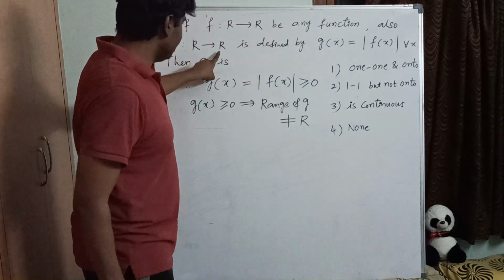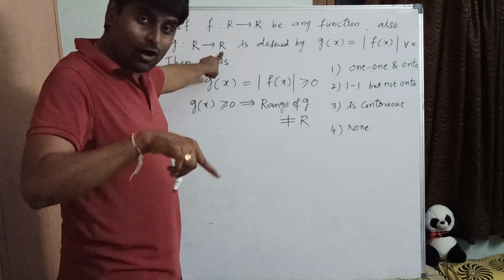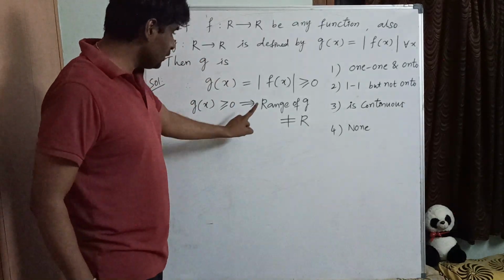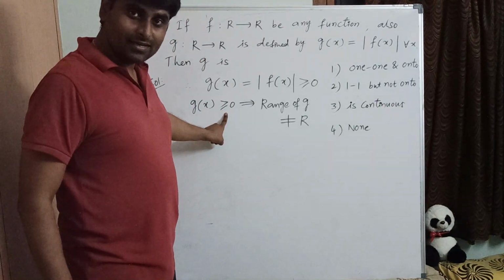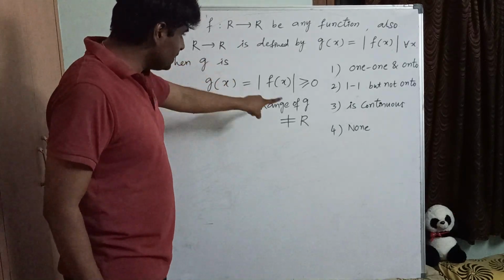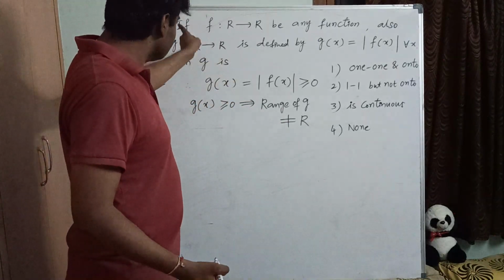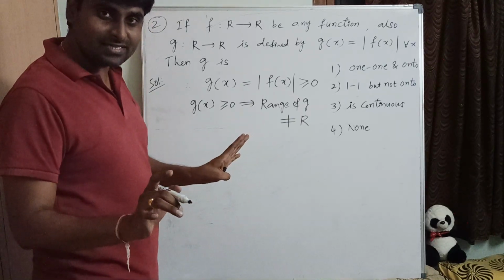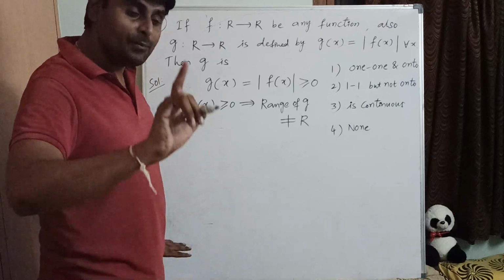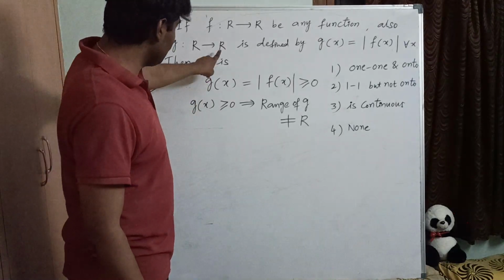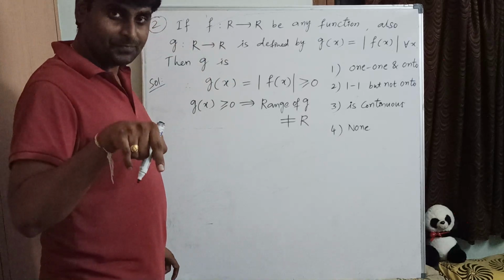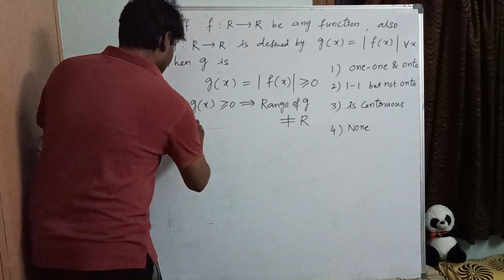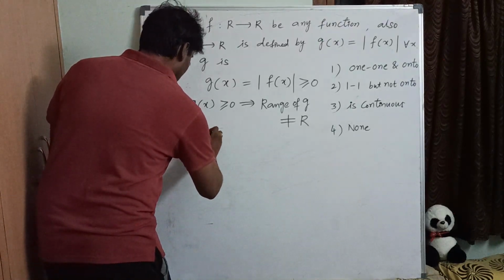So here, what is the codomain of g? R, all the real numbers. But what result are you getting for g? Only positive values. So for the remaining negative values in R, there is no pre-image in the domain R, correct? So it is not onto. Clearly g of x results are positive values only, but the codomain is all real numbers. So g is not onto.